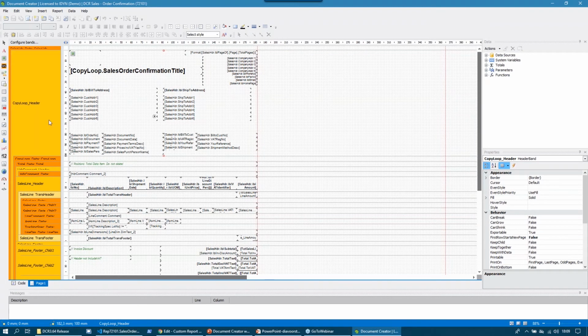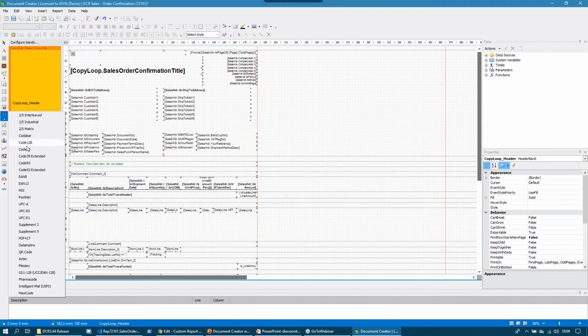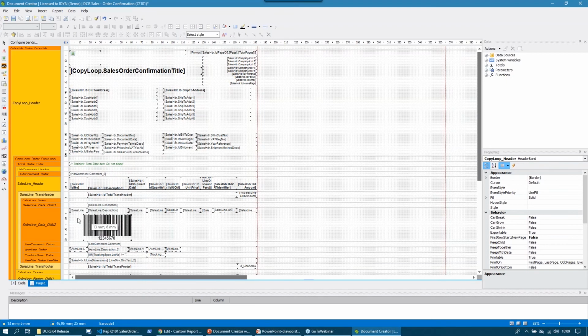The first thing I would like to show you is the control set. So on the left side here, you have all types of controls, from interactive maps to normal text controls to barcodes and things like that. So I just want to show you how this tool works by drag and drop of data expressions from your data source, obviously, into a selected control. So the first example is to make this a little bit wider. This is the item line of a sales order, and select the barcode type here and select the code 39 control,